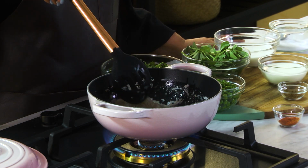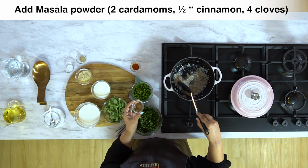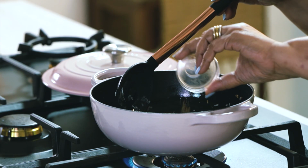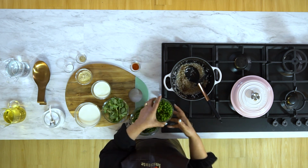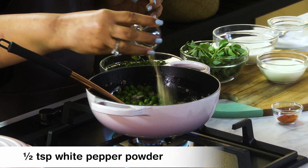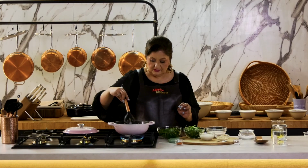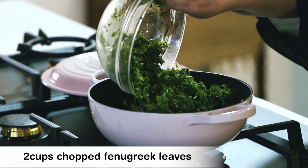The onions are turning pink in color. I'm going to add in these masala powder, which is cardamom, cinnamon, and cloves. All three are powdered together. I'll add in the green peas, some white pepper powder, chopped fenugreek,